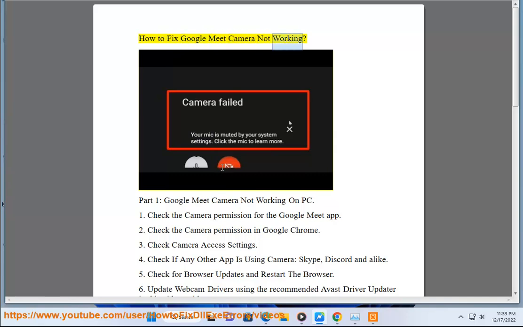How to fix Google Meet camera not working. Part 1, Google Meet camera not working on PC. 1. Check the camera permission for the Google Meet app. 2. Check the camera permission